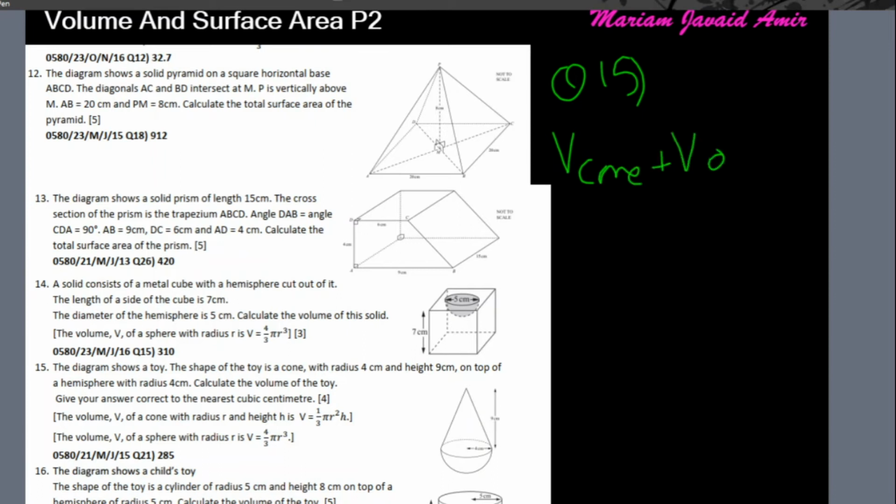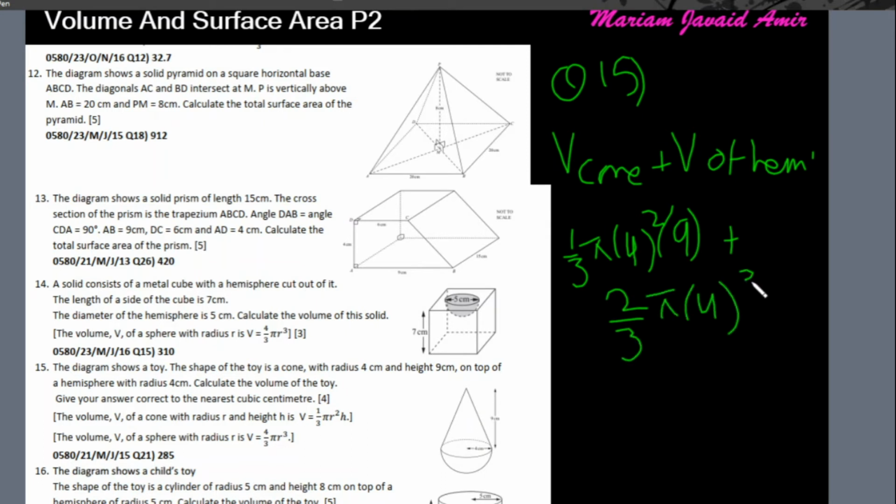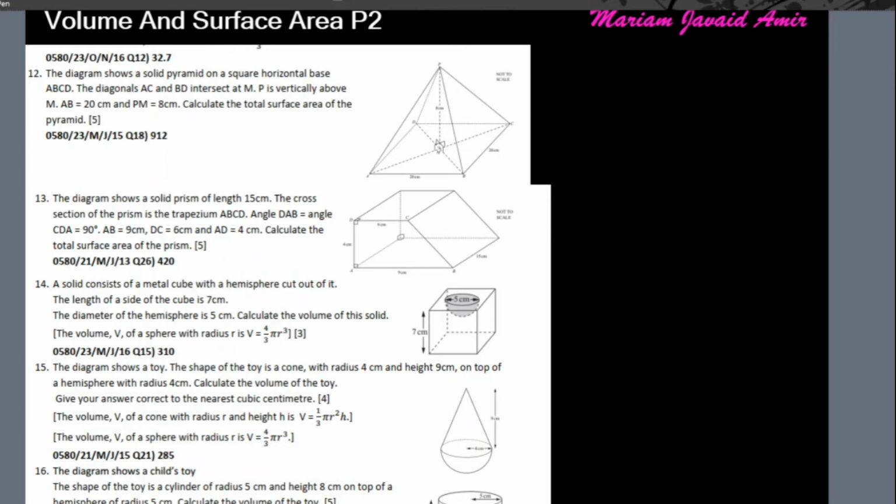plus volume of hemisphere. So volume of cone is 1 by 3 pi, radius is 4, r square, height, which is the vertical height, which is 9, plus volume of hemisphere is 2 by 3 pi, radius cube, which gives us 284.837 dot dot dot dot, which is 285. Question 16,